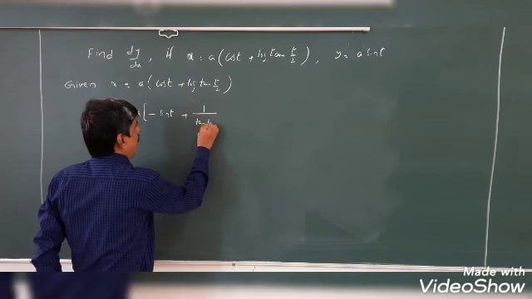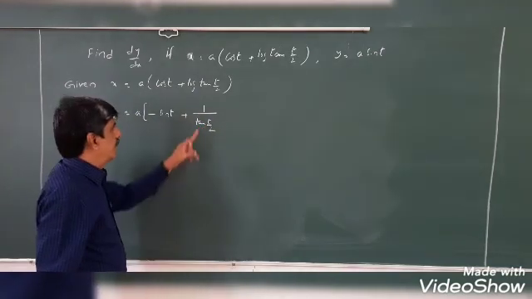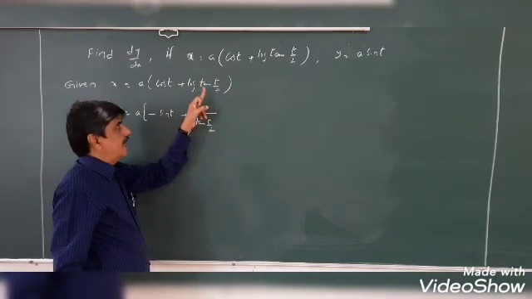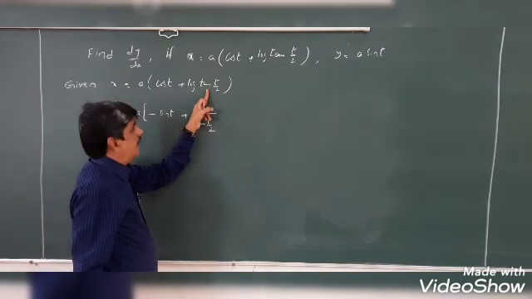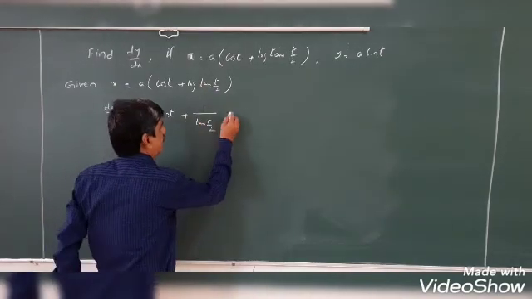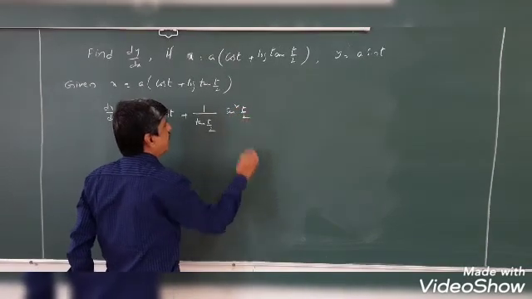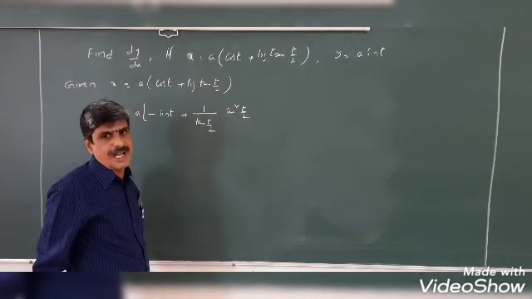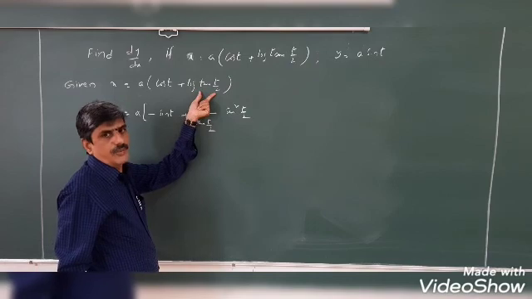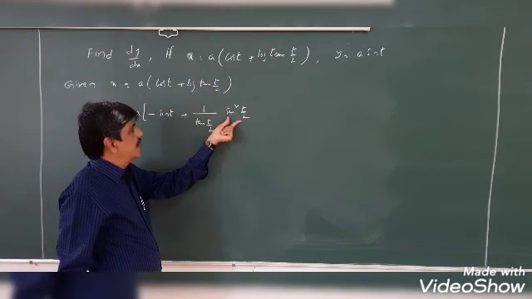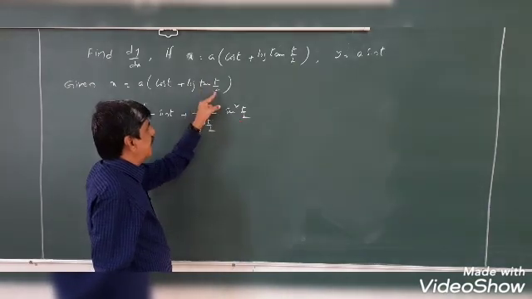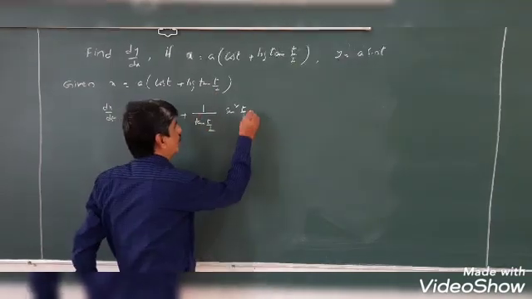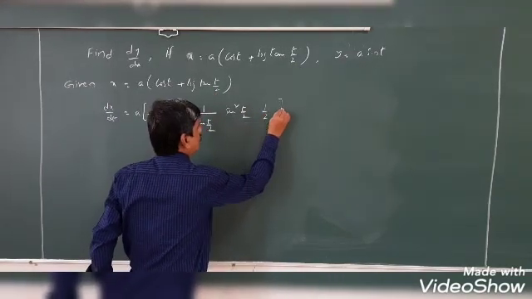Here d by dt of log of tan t by 2 is 1 by tan t by 2. Here in the place of t, t by 2 will be there. Then differentiate with respect to t. Then d by dt of tan t by 2 is equal to secant square t by 2, because d by dx of tan x is secant square x. So here d by dt of tan of t by 2 will be written as secant square t by 2. Again in the place of t, t by 2 is there. Then d by dt of t by 2 is 1 by 2.